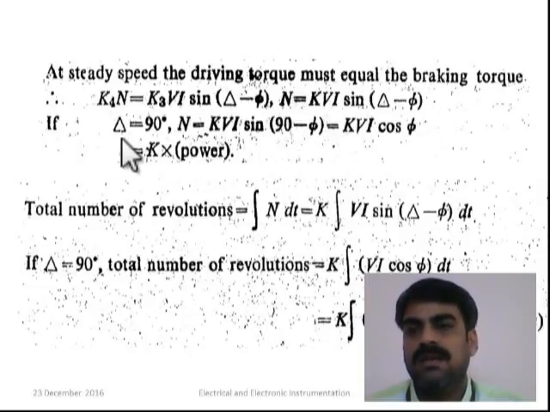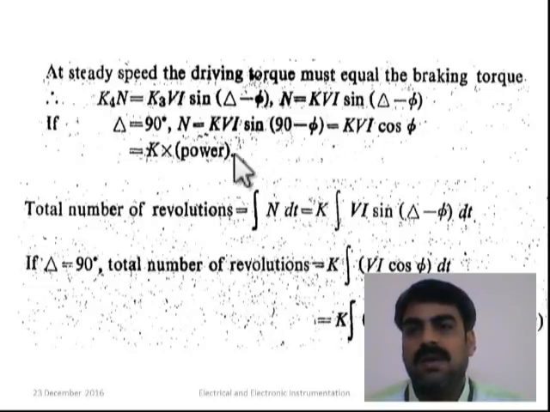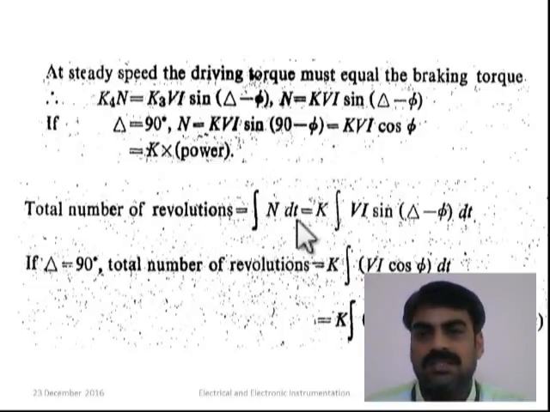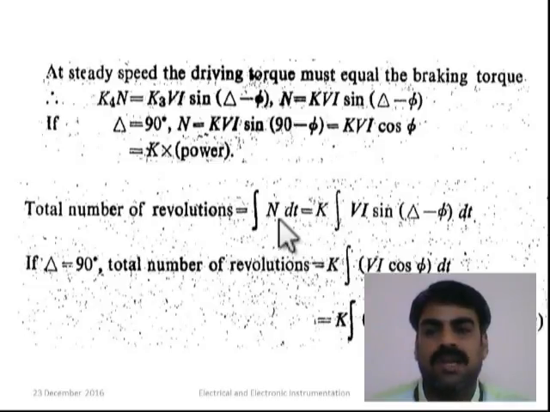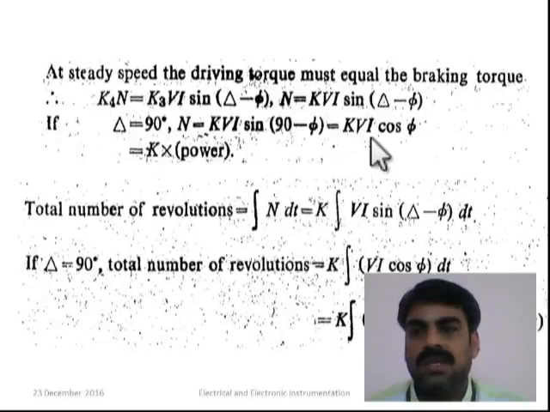And as I said earlier, there is a 90-degree phase difference delta. Assume that. Then when we consider the 90-degree, the right hand side expression will become kvi cos phi. As we know, vi cos phi is power. Now the total number of revolutions made by the disc, over a time period, is the integral of speed. So we are going to record the speed of the rotating disc using a registering mechanism. And when we substitute the derived term in this speed, we can write that,